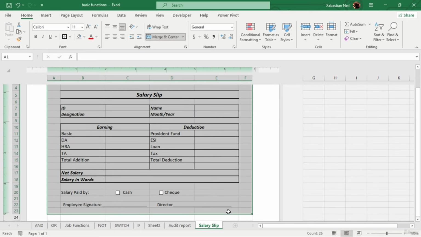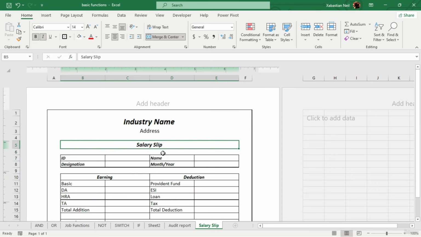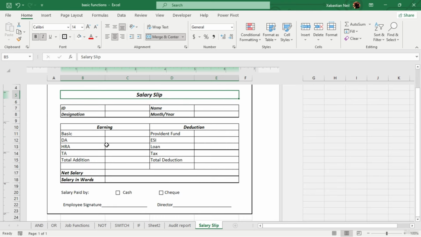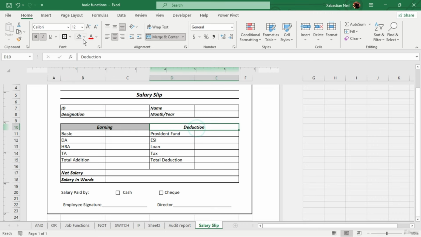Now as all of them are selected, what I'm gonna do first is make all the borders disappear. If you want to do that, just go here and make them white. Now you can see that all of them are white and no other margin is visible. Now I'm gonna do the basics. You can change these colors so that you can differentiate them, but we're gonna skip that, and before skipping to that,